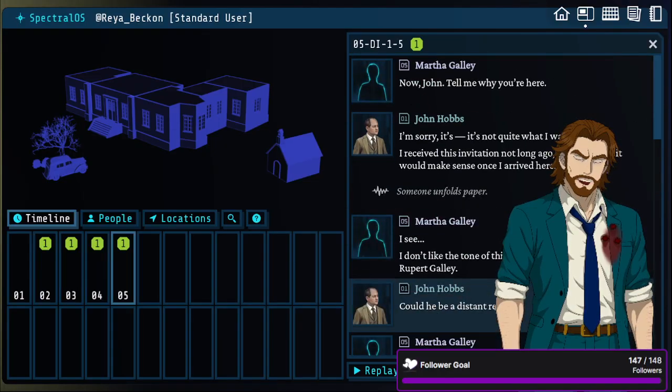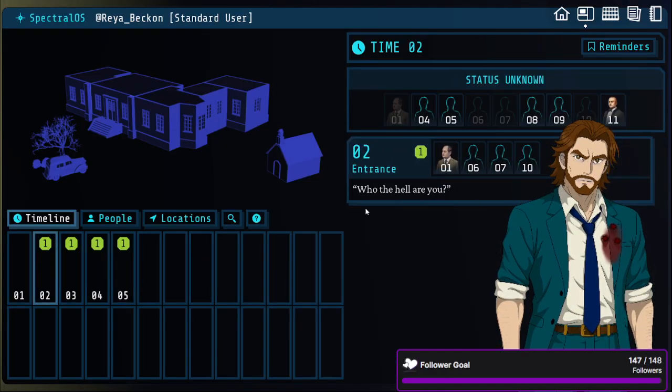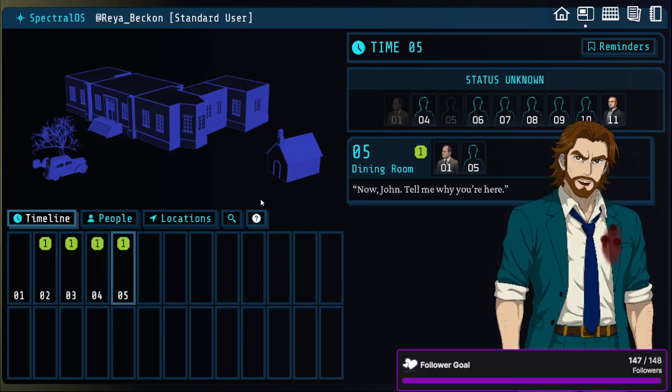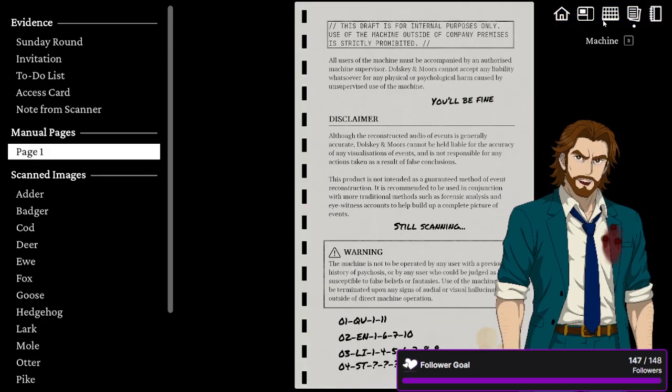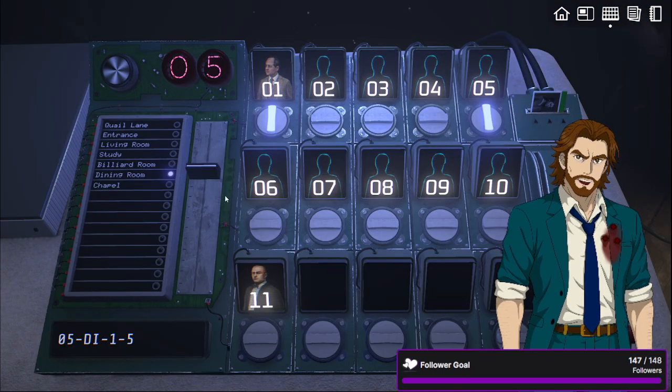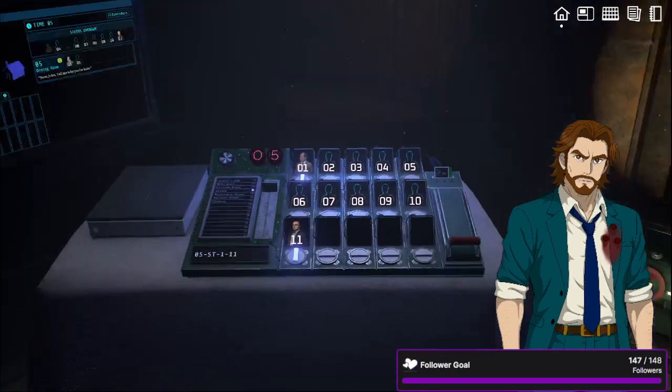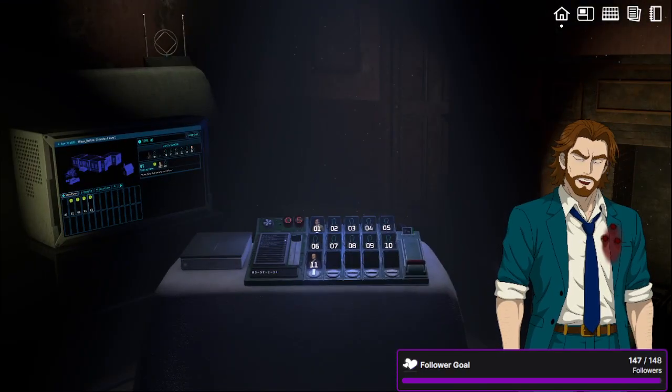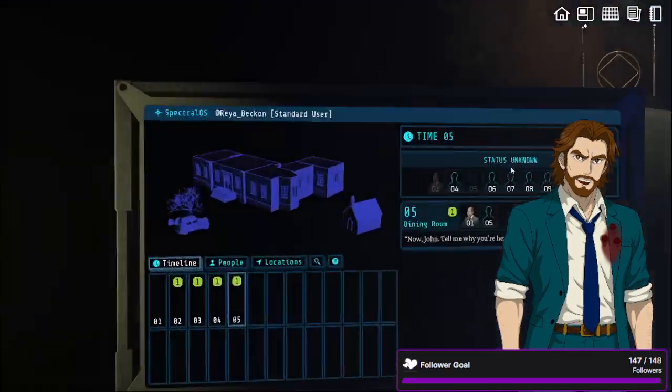Okay, so... One of the things... Okay, so we're making some progress. One of the things I want to do at this point is sort of just follow along John Hobbs' story. I don't want to go off the beaten path right now.